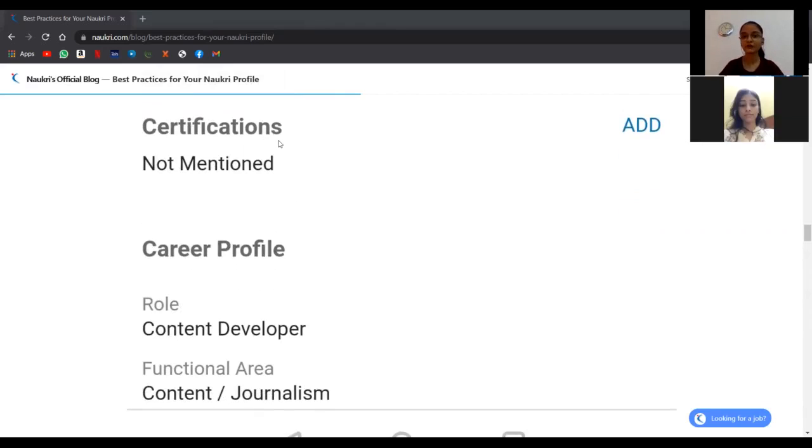So in case if you have won in any competitions which was conducted in your school or when you were studying in college, you can mention in the certifications. Certifications in the sense if you have achieved an award or a certificate, or in case if you have published an article and if it has achieved some certification, you can mention in this field.